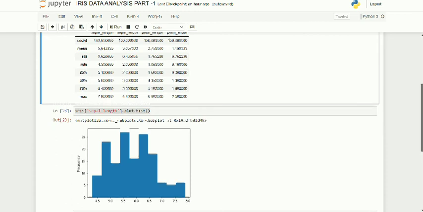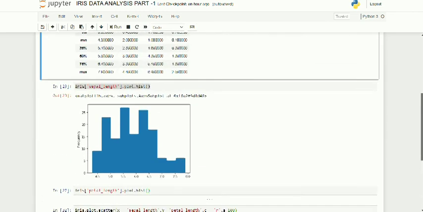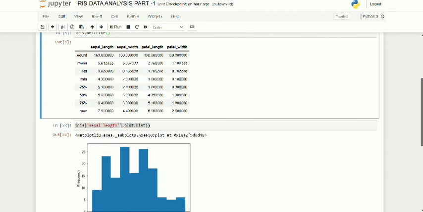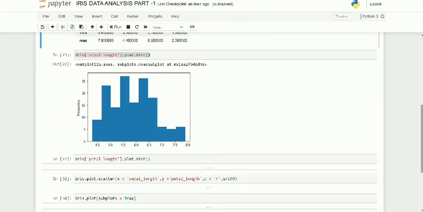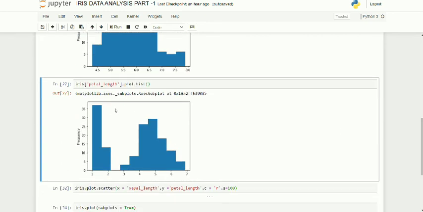After that, we can plot a histogram for petal length also to see the distribution of petal length. As you can see here, this is the histogram for petal length.